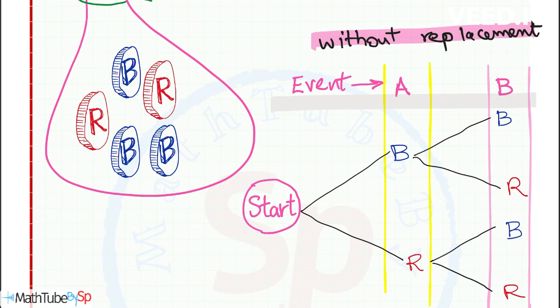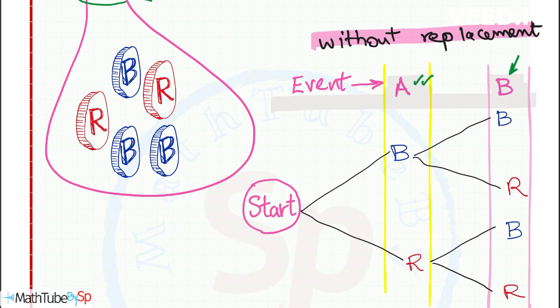Now, with independent events, we replace the coin that we drew in the first event. Then when you draw the second one, you will still have the same number of choices again for the second event. Whereas in the case of dependent events, event B depends on what happens in